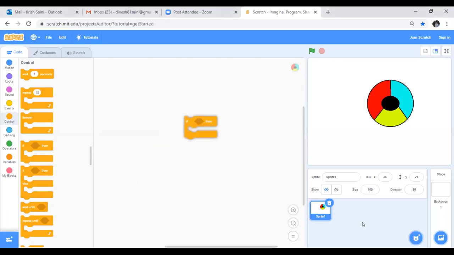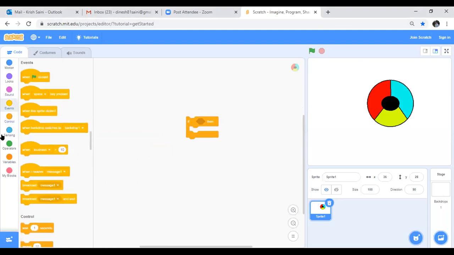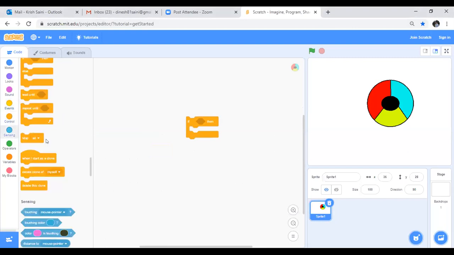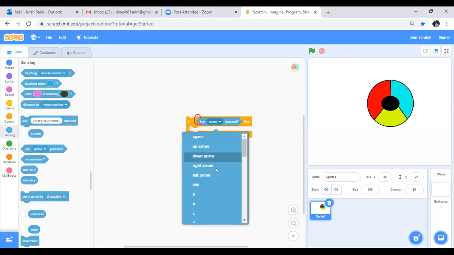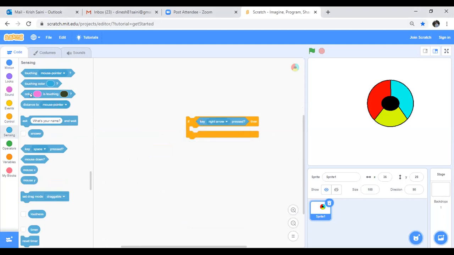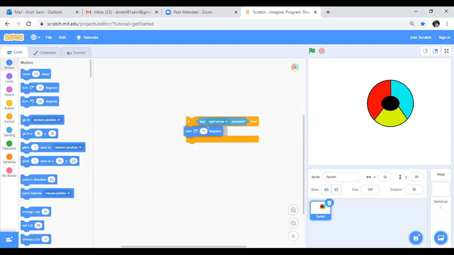Now over here you have to write key press, right? Key press is in the sensing part. If the right arrow is pressed, then turn 5 degrees, so go to motion. Very good.